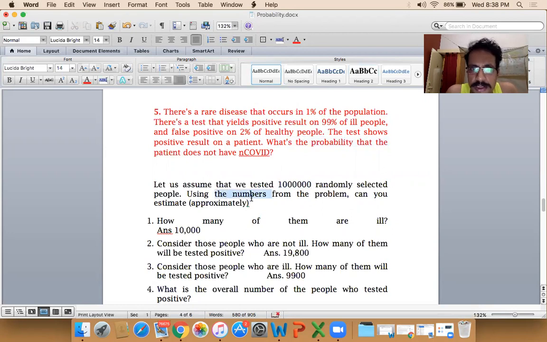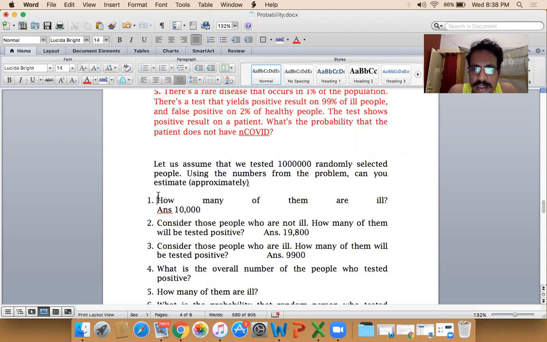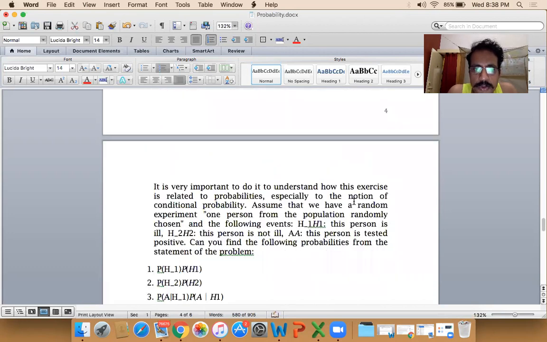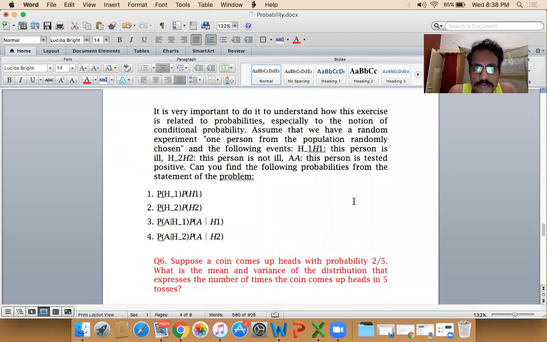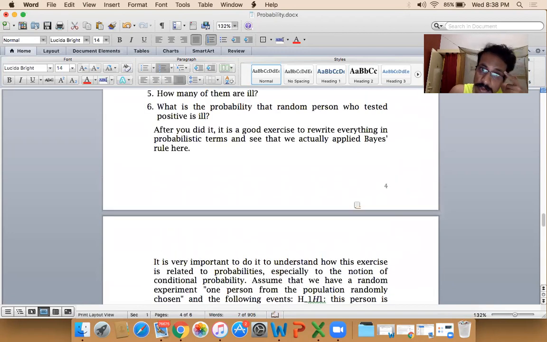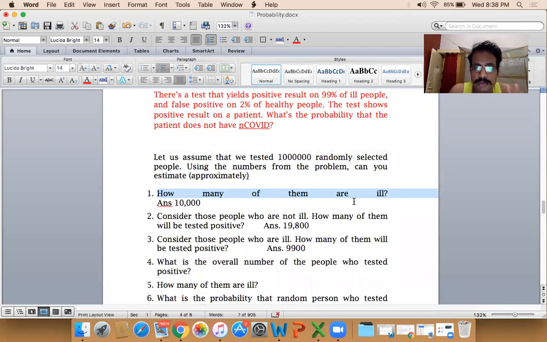Using the numbers from the problem, can we just approximate how many of them are actually ill? So how do you find out how many are actually ill? Because you tested 1 million people, and your test is going to